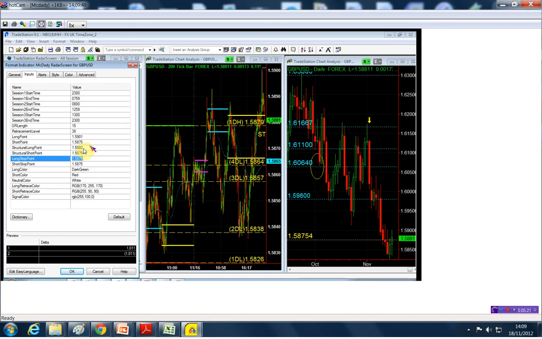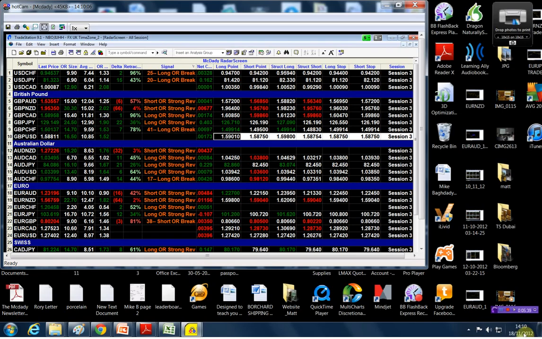On the short side, you're going to go short below the structure point, which is the 158.75. That's going to be your short entry, your structure short, and your short stop. And this is the pound dollar right there. Okay, so let me say